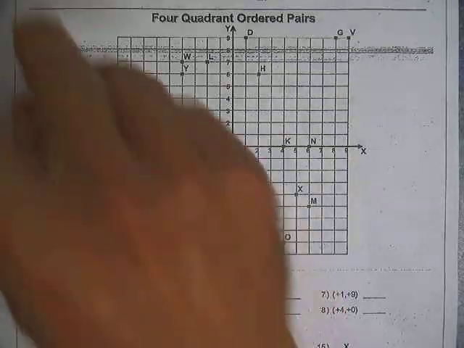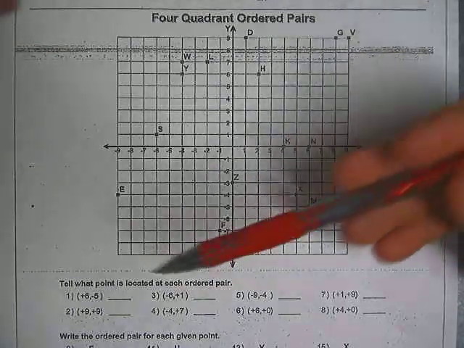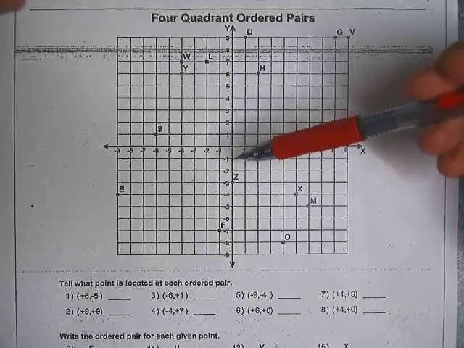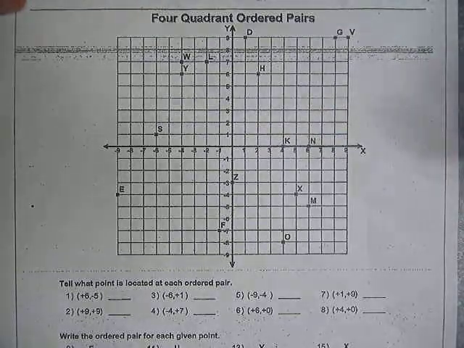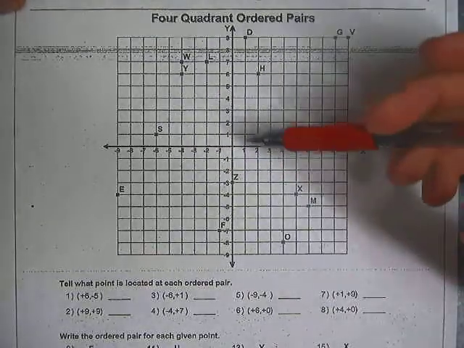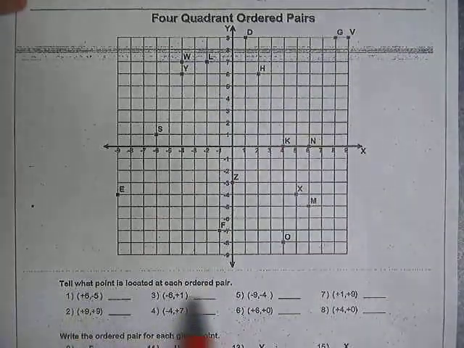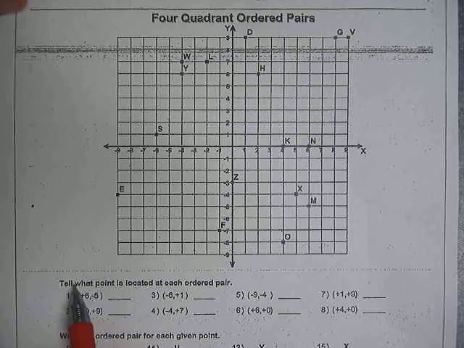So today we're going to look at graphing ordered pairs, and the reason this fits in this unit is because we're talking about negative numbers, and so we want to see where negative numbers fall on a graph, and can we use those numbers to plot coordinate points or ordered pairs onto that graph in the correct spot. So if you look at the first question, I want to jump right in, but we have to